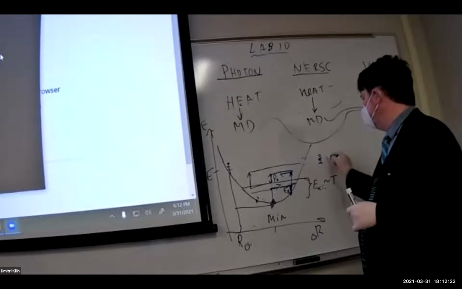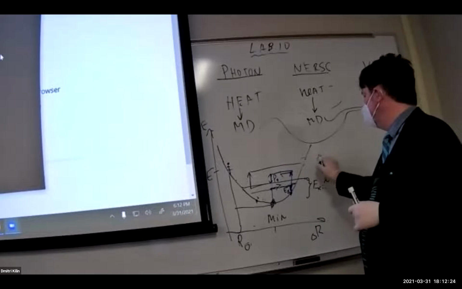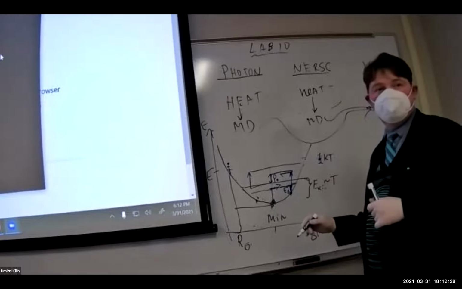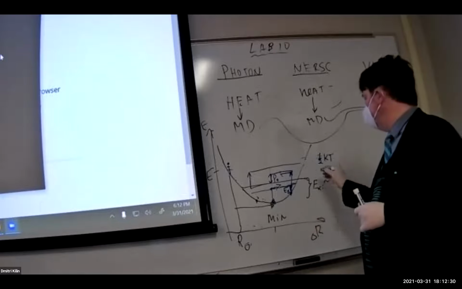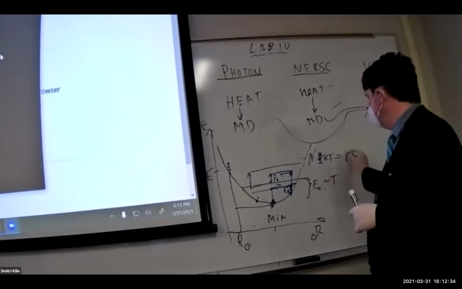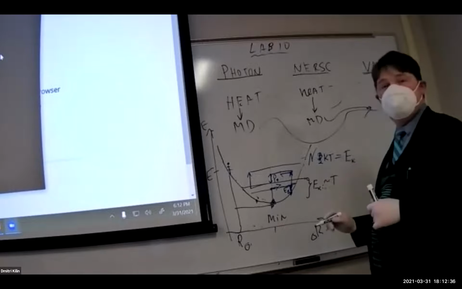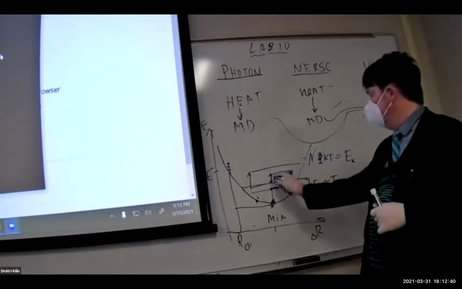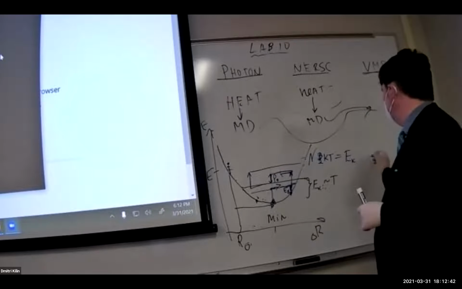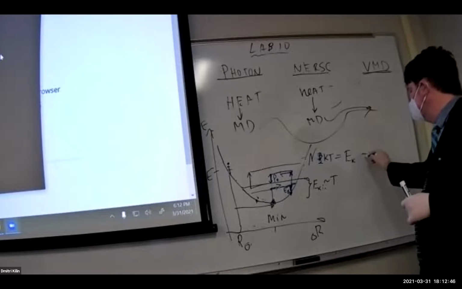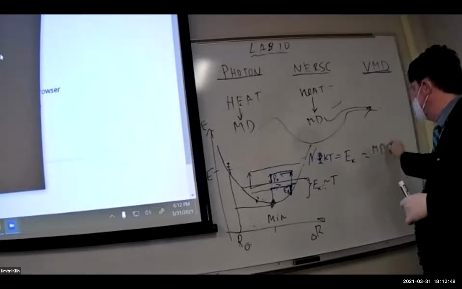And if one wants some equations, it should be something like 3 halves kT, or 1 half kT per degree of freedom. And if we have 10 ions and each of them has 3 degrees of freedom, then kinetic energy should be this much. And the momentum that we assign here should be, if this is equal mass momentum,